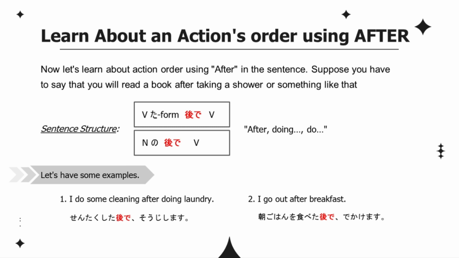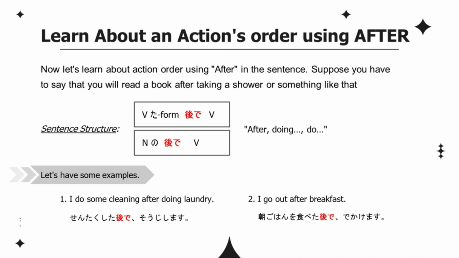This grammar is also used when indicating an action's order. Let's try to create some example sentences. I do some cleaning after doing laundry. 洗濯した後で掃除します。 I go out after breakfast. 朝ごはんを食べた後で出かけます。